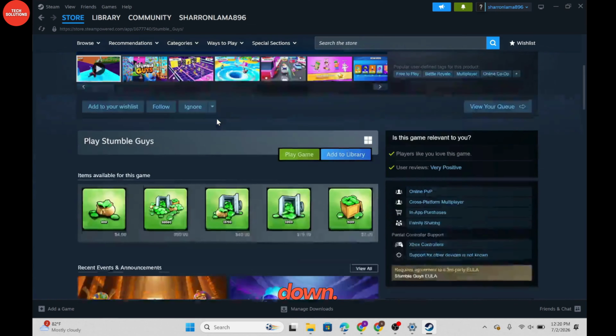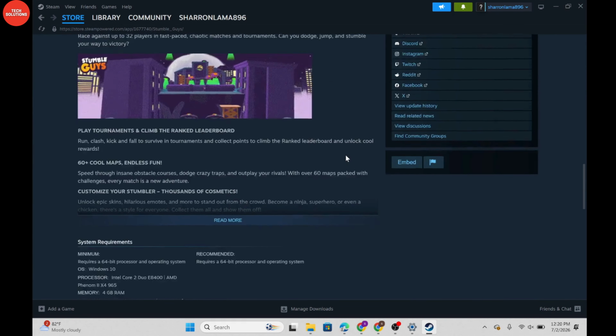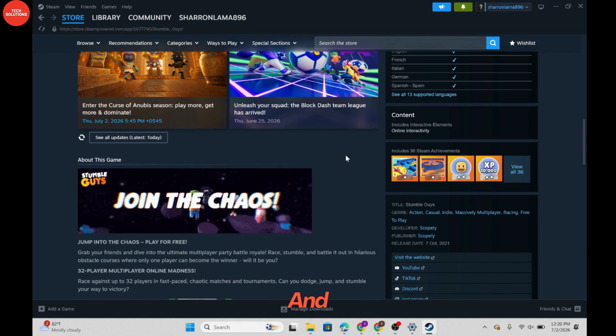And over here, scroll a bit down. And you can also select play game or you can also add to library. And that is it. This is how you can get free games on Steam and you can play it